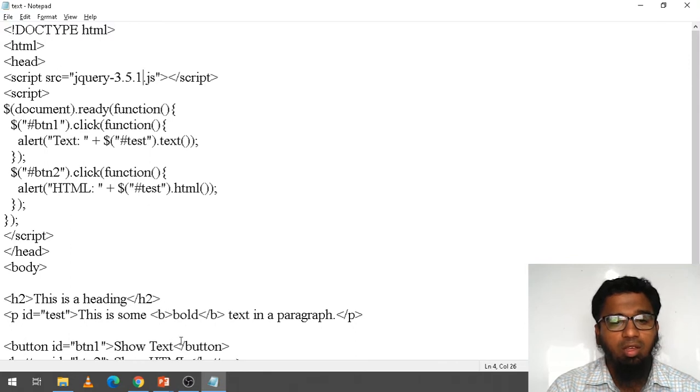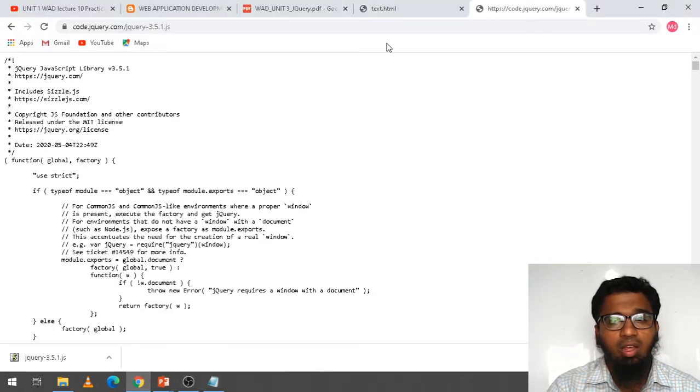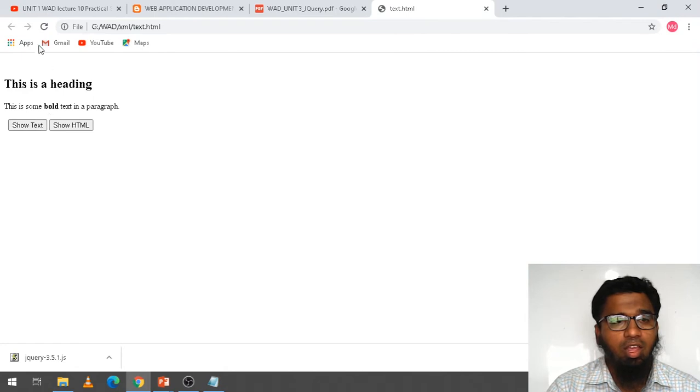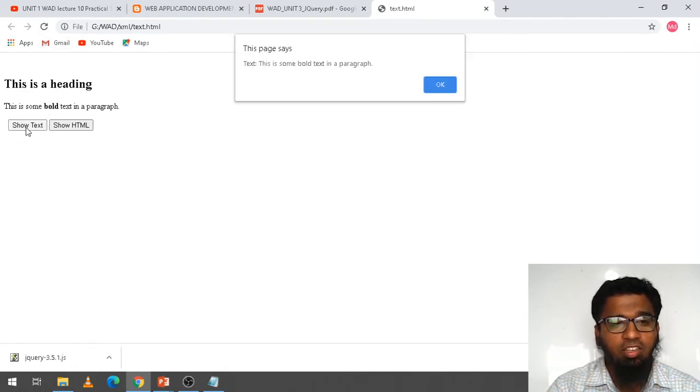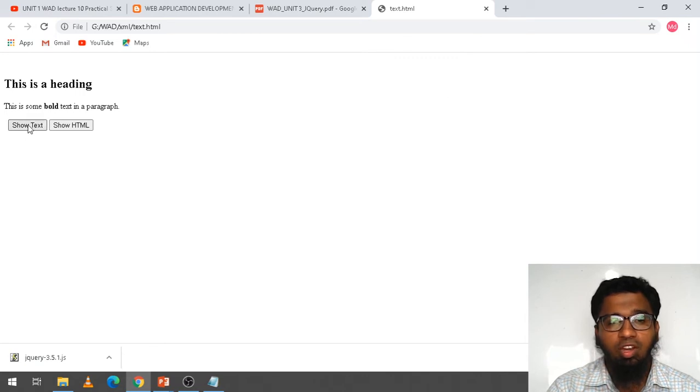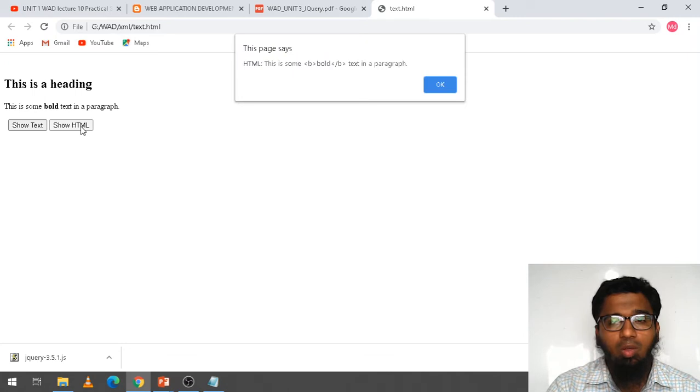Let's see. I save the file and here refresh. When I click show text, can you see? The alert box is here: this is some bold text in a paragraph. This is for the text. If I click on HTML, how will it display?